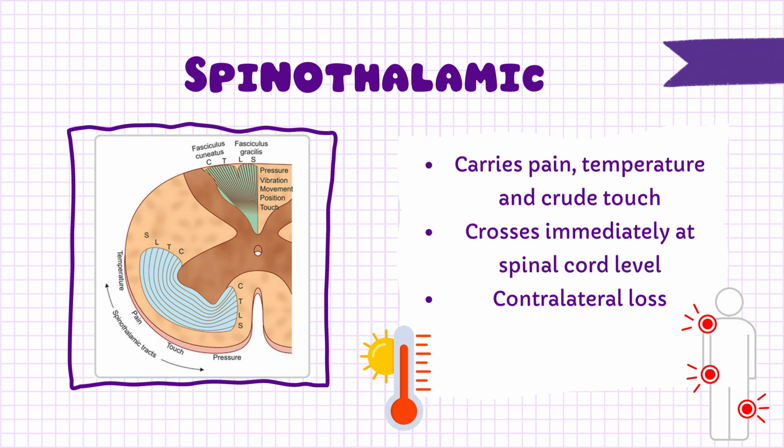2. Spinothalamic tract, part of the anterolateral system. This tract carries pain, temperature, and crude touch, poorly localized touch or pressure. First-order sensory neurons synapse quickly in the dorsal horn, and second-order neurons immediately decussate via the anterior white commissure. From there, they ascend contralaterally all the way to the thalamus. Clinical tip. A unilateral spinal cord lesion here causes contralateral pain and temperature loss, beginning a few segments below the